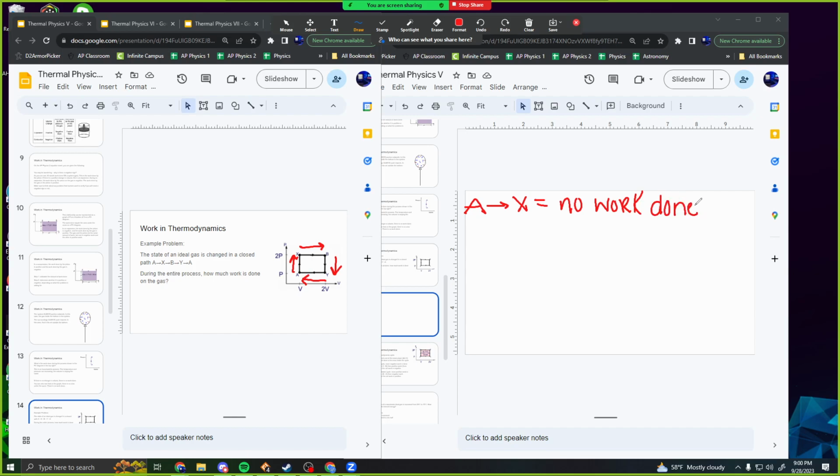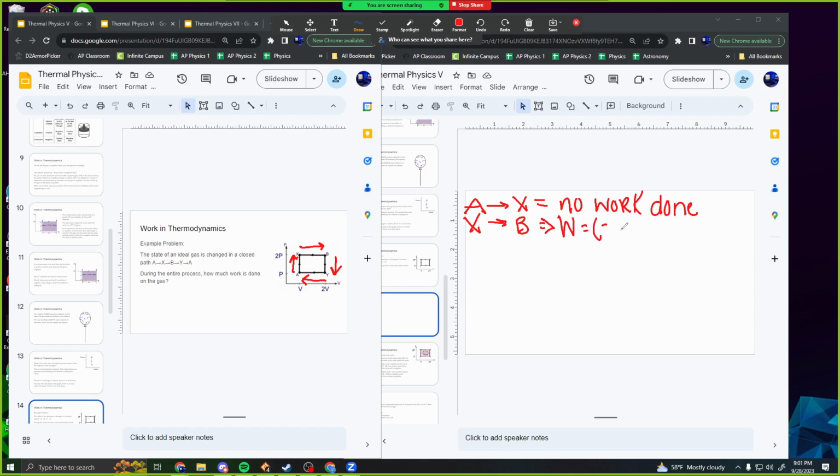And then if we take a look, our next step here is X to B. So X to B, we have a change in volume here. We have that volume is actually doubling. So that means that the gas is expanding, which means that the piston does negative work on the gas, which means that, and I know this is very confusing that I'm saying all these things, that work is equal to P delta V. Because the gas is expanding, so piston does negative work on the gas, which means gas is doing positive work. The important thing is, remember, it's the work that is defined as being done on the gas. So since that is negative,